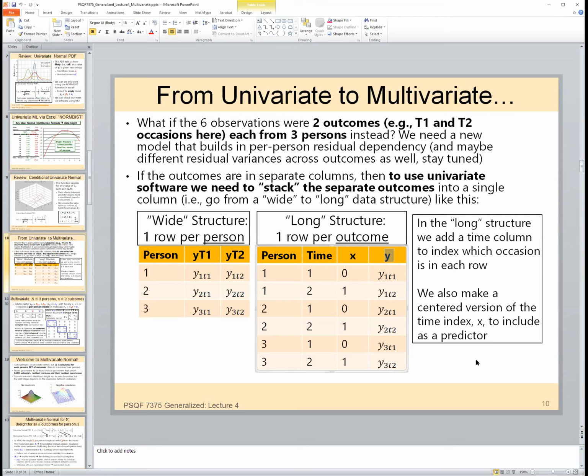And if you just put Y in, the software doesn't understand that Y is made up of 2 different outcomes. That's where you also have to add a column that indicates which outcome is which. And so if I have time 1 and time 2, I may center it such that the first occasion is this time 0, and so my predictor X would be 0 and